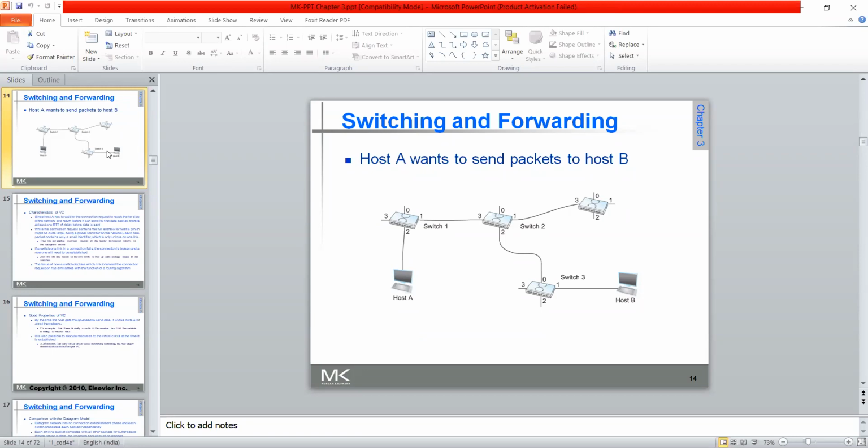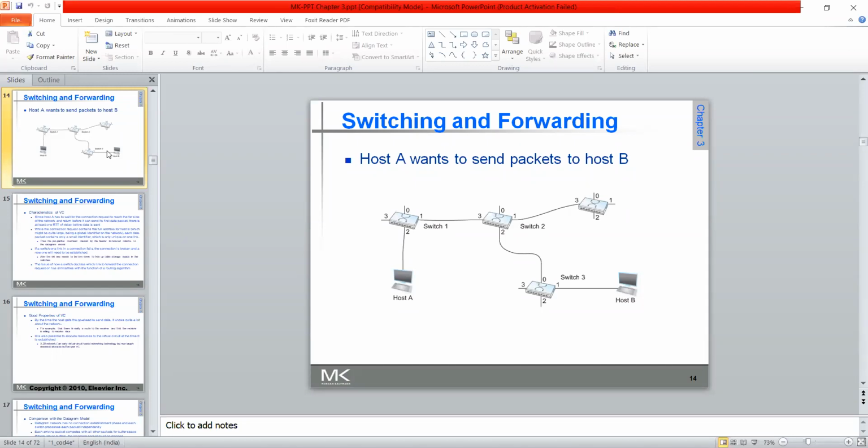According to the switch 2 VC table number, it comes to know that the input port is 3 and the output port is 2, then the packet will be sent on that output port. Then switch 3 comes to know that the input port is 0 for this unique number, and the output port is 1, which is where host B is connected. In this way the connection oriented table works.